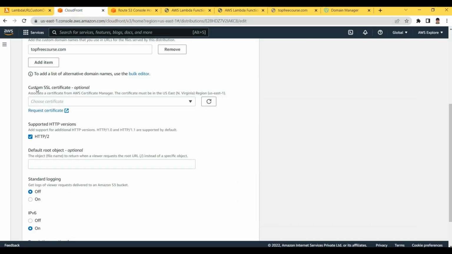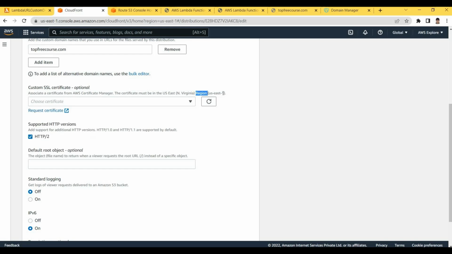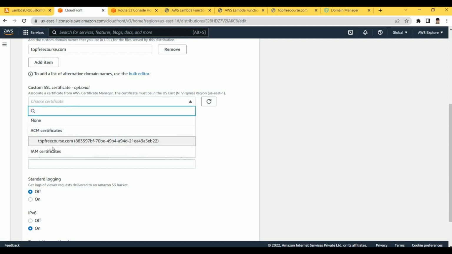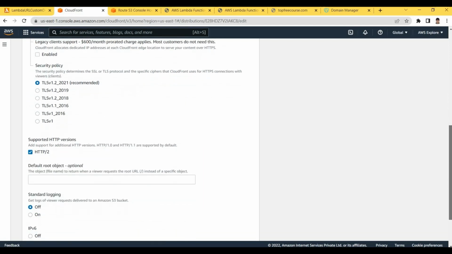If you can see here, like custom SSL certificate, the certificate must be in US East 1 region. Okay, so if you create it in another region, it will not display here as per this requirement. That is why I created this certificate in US East 1 region, even if I am doing the demo in AP South 1 region. Okay, so you can notice, otherwise you can't see this certificate listed here. So I'm selecting that certificate for our SSL certificate for a particular domain,